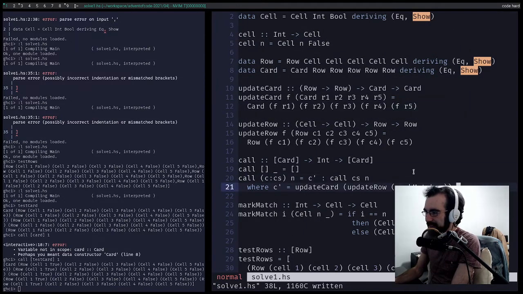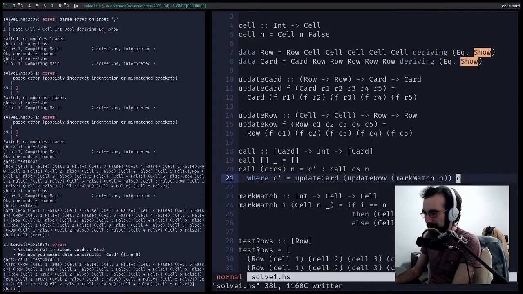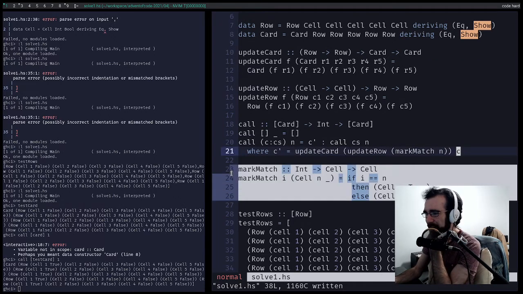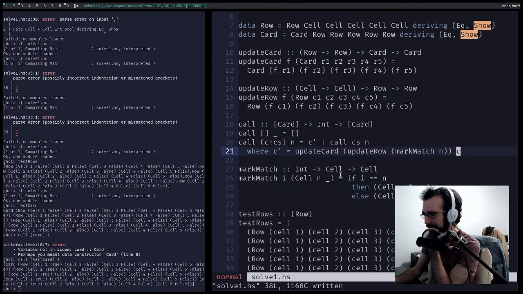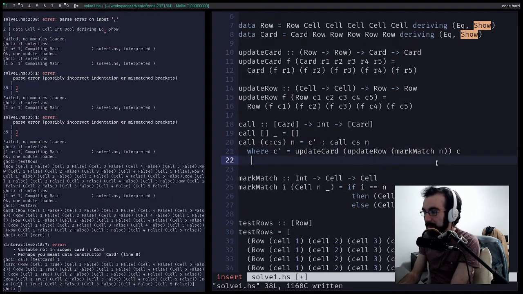This is pretty nice. These names kind of bother me a bit, but this is a solid recursive way to do this. I like the where clause here. I think that makes a lot of sense. Mark match is a pretty clean function. You know, it's just an if. I guess we could also put that here, potentially, right? But it has to be a function is the only thing. So yeah, I guess we could also say where mark match